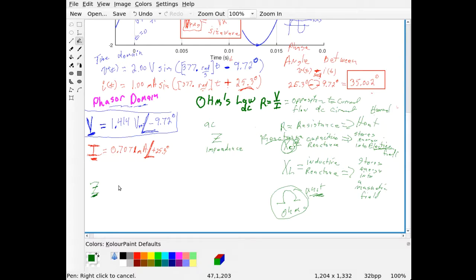It has an angle associated with it. So the impedance to current flow is the combination of the resistance and the reactance. So Z, the impedance Z, is equal to the resistance